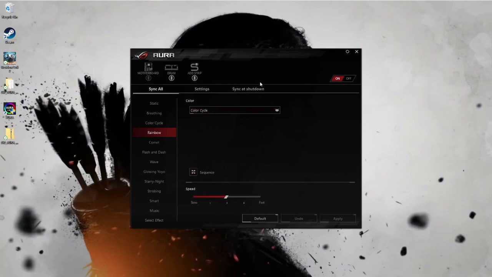Okay, so as you can see here, the application has actually managed to open. It didn't give me that error message, and as you can see right here, it's registering my RAM. So it looks like we've managed to solve this problem. Hopefully this video will help you out